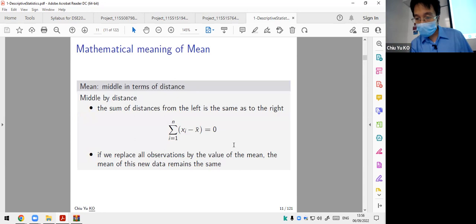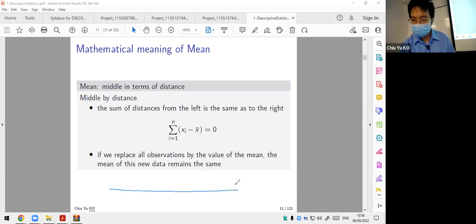draw something. Now suppose the data is like this. You've drawn the number line, x is here. We have x1 here, x2 here, say x3 here, x4 here. Suppose the data is like this. Can you see it from the top? So there's data here, x1, x2, x3, x4. So what should be the mean?